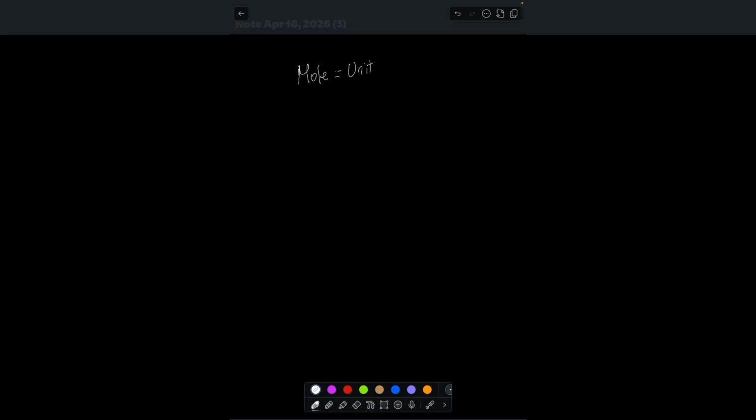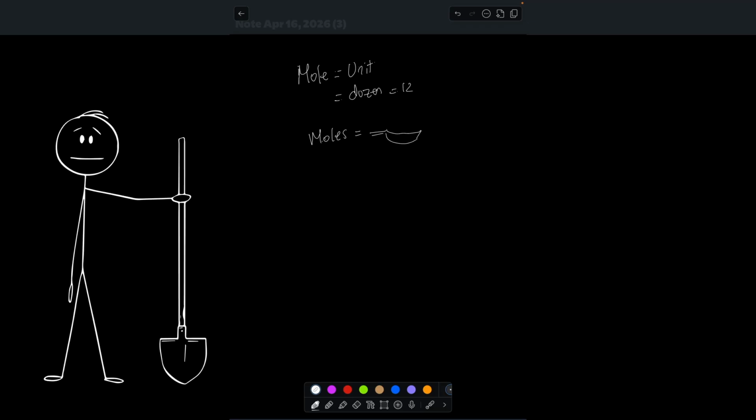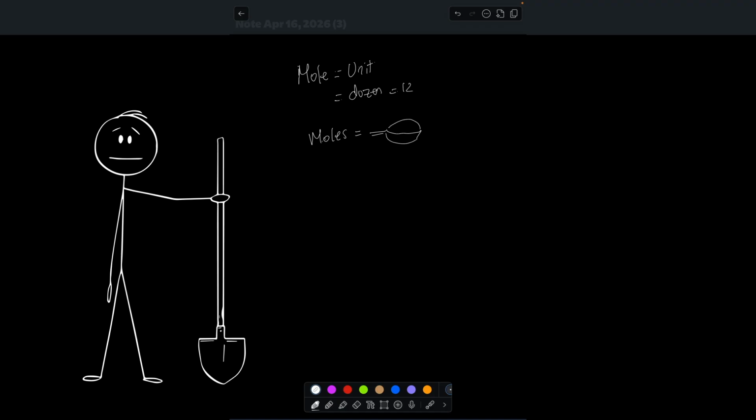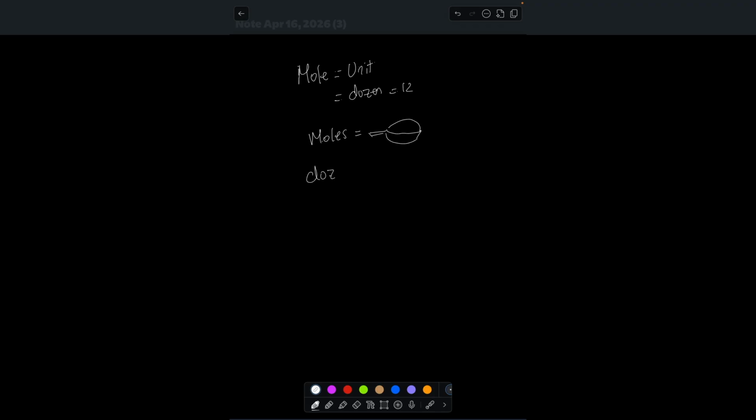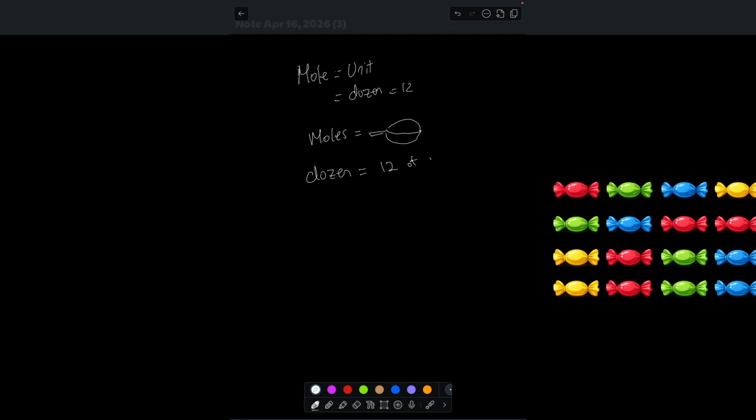Okay, a lot of people will compare it to a dozen, right? A dozen is a unit that means 12, right? And so the mole is also a unit. It's a scoop, right? If I were to describe it, I could describe it as a shovel, right? And this shovel measures a certain amount of moles or of particles, right? And so if a dozen means 12 of anything, whether it's eggs, candies,